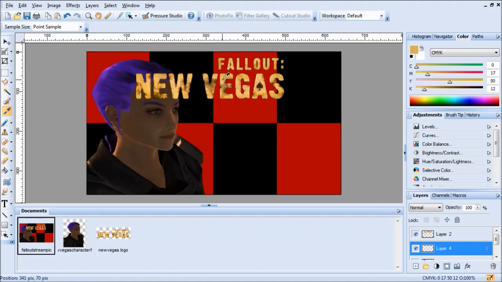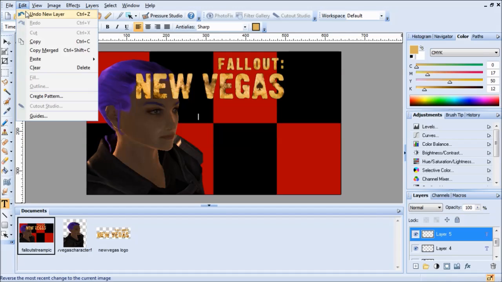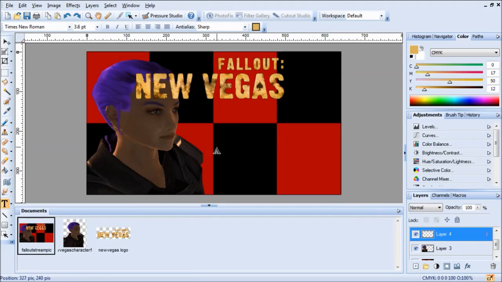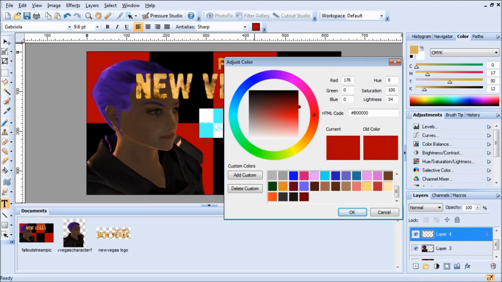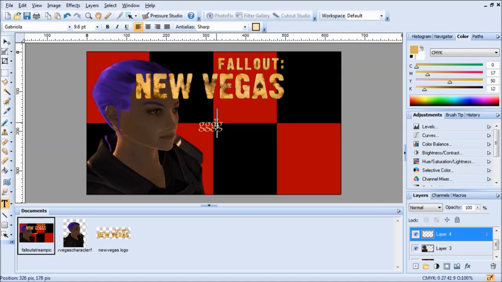Let's use that color text. Great. Undo new layer. Now we gotta find there. Wait, there it is. Try this color. It's not quite big enough, but